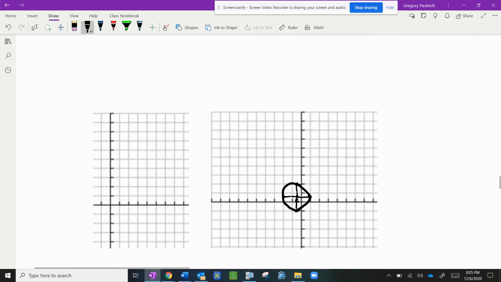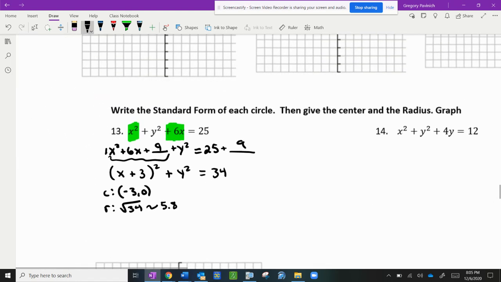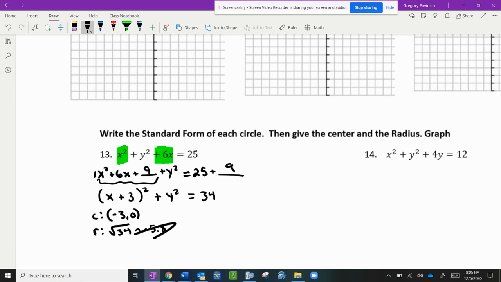Okay, so those are pretty easy. You can finish up working on those too. Where the main problem comes from, and I'm going to erase this, we'll go back over this one,